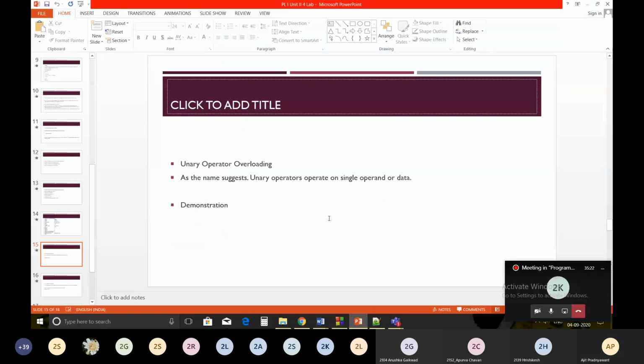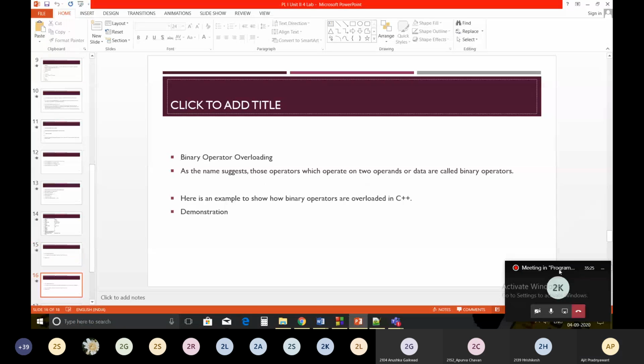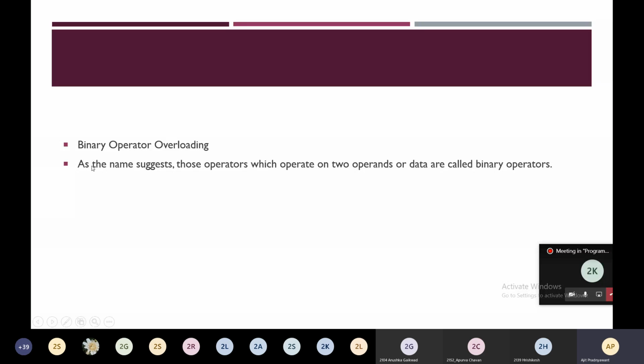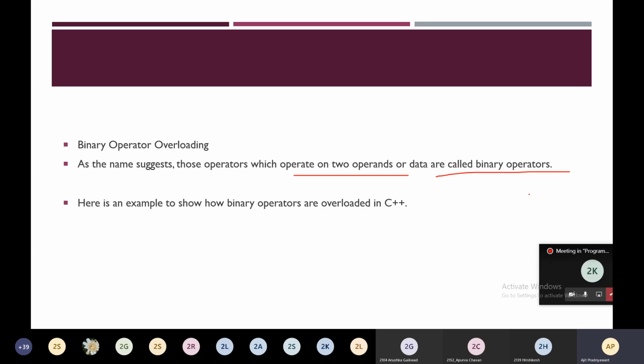Now next is binary operator overloading. That is the aim of today's session. As the name suggests, those operators which operate on two operands or data are called binary operators. We are going to see this with the help of an example.